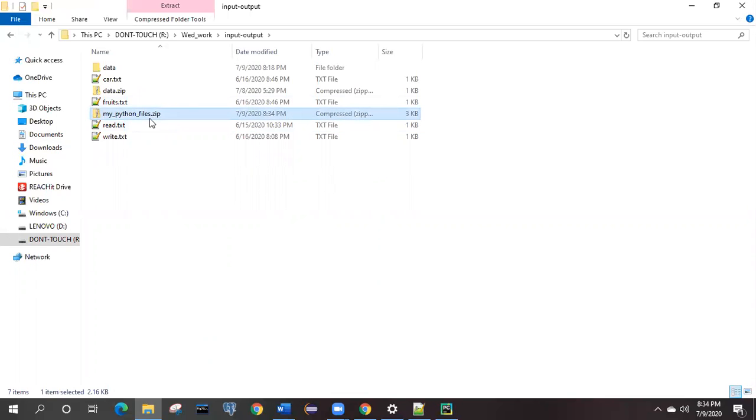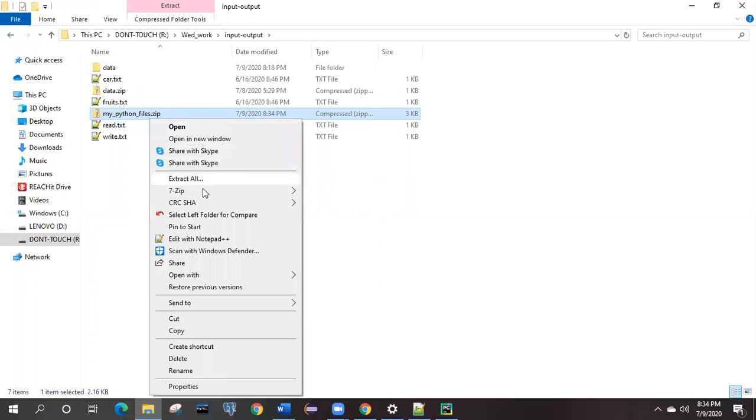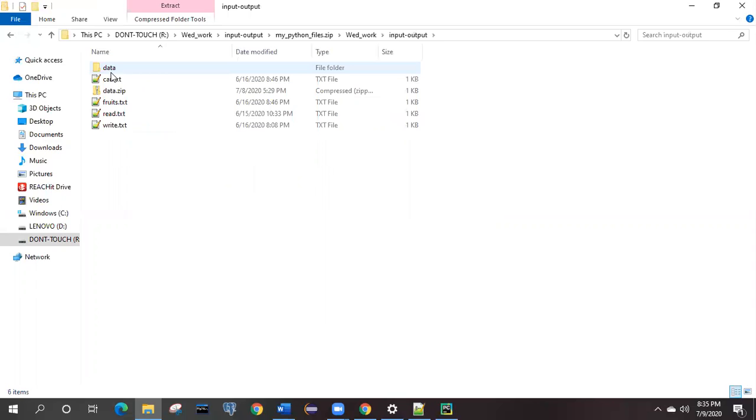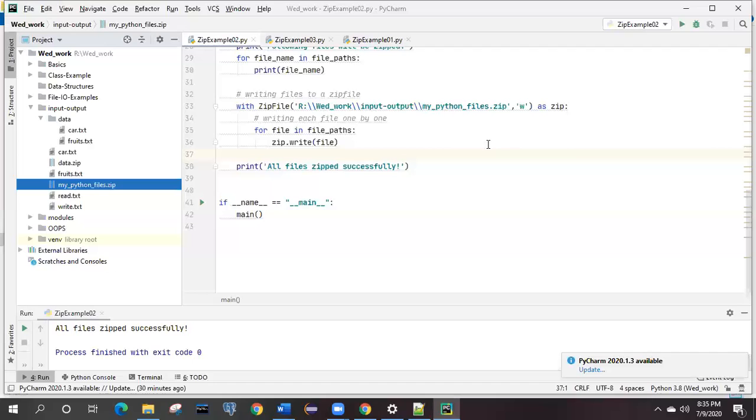These are the only files, right? We will not unzip, we'll see only. See, inside that whole directory itself where we are currently working, we are working inside this Venst work. Inside that, input output is there, and inside that, these were all the content. Even one zip file that was present is also zipped in its original format while executing this example.